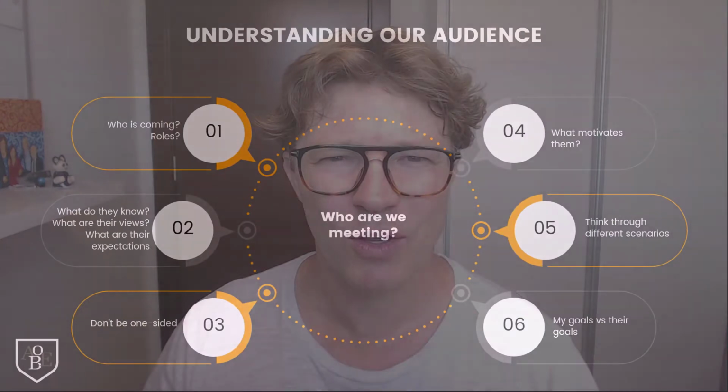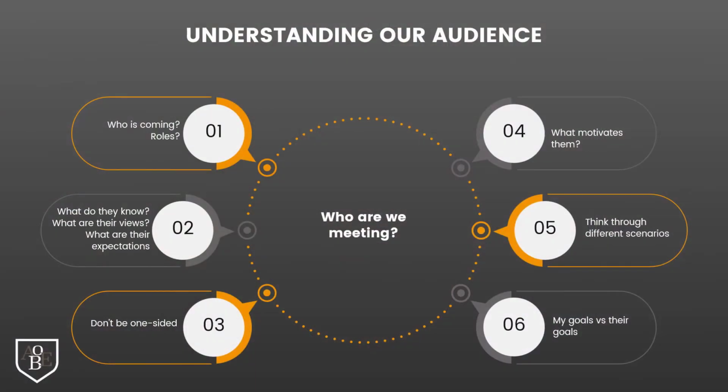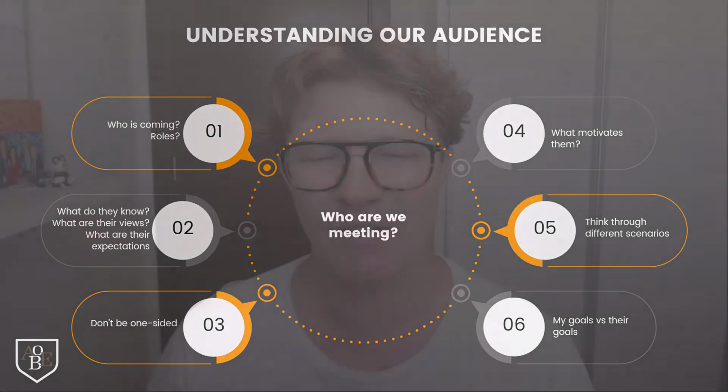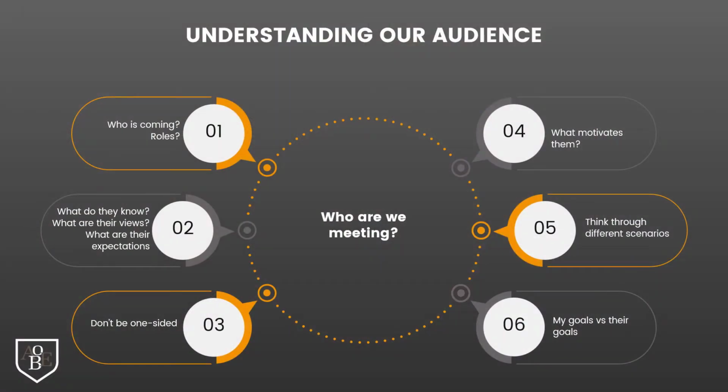And if we understand what motivates them, then we can address our message, or we can align our message with those expectations. Try not to be one-sided. This is very difficult. Often we think about everything from our own perspective, and it's very difficult for us to put ourselves into the shoes of someone else. But if we can do that and understand them and their motivation, then we're going to be much more effective at communicating our idea and message, as well as much more effective at convincing them of adopting an idea.